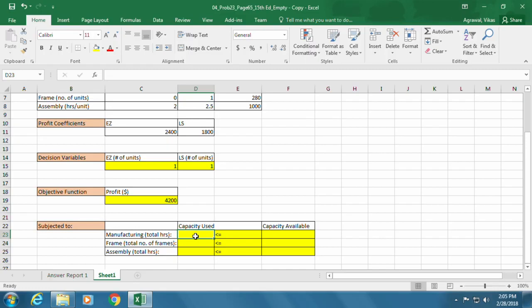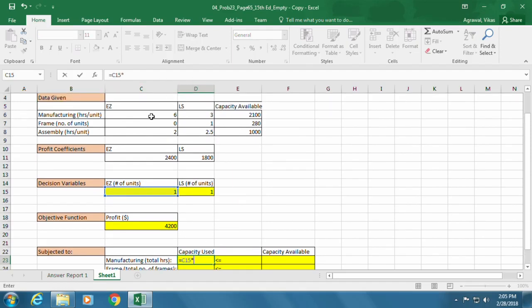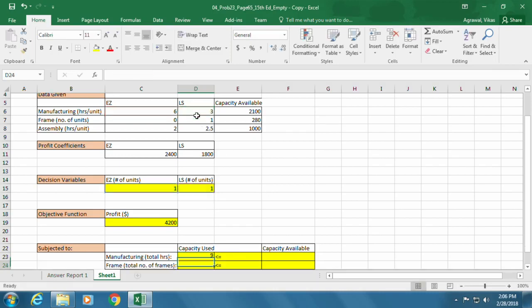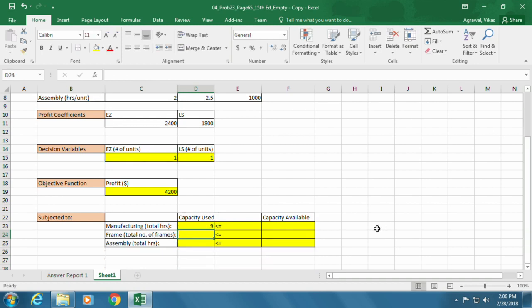So it will be equal to the number of units of Easy model we are producing times manufacturing time needed by each Easy model, plus number of units of LS model that we are producing times manufacturing time needed for each LS model. So that will be our manufacturing capacity needed.